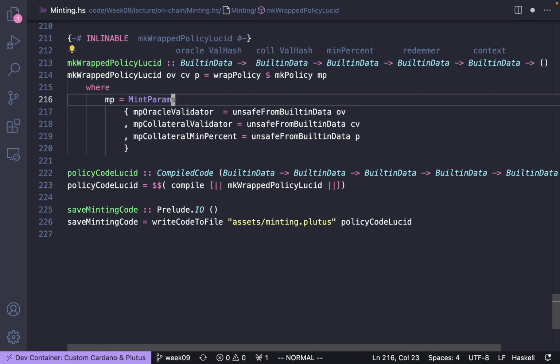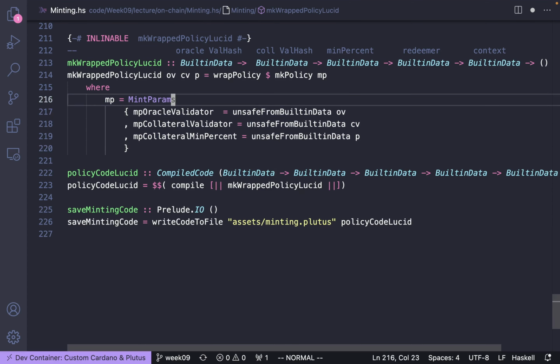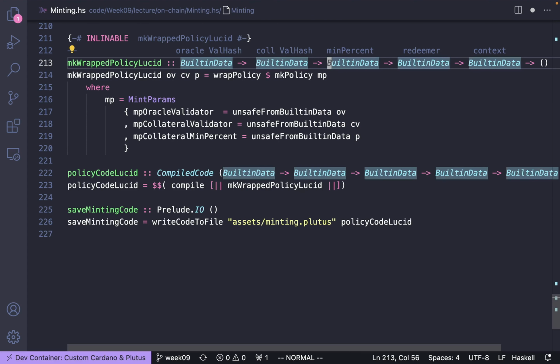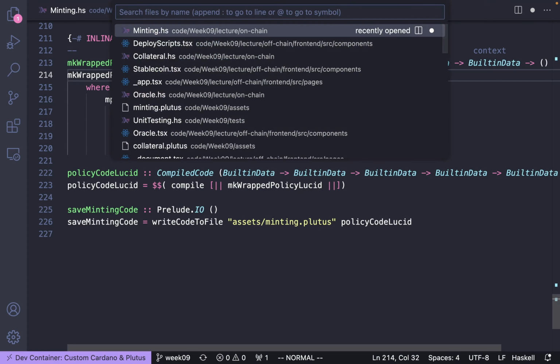As you can see, we built the mint params value with the three parameters we passed to these functions: the oracle validator hash, the collateral validator hash, and the min percent. These three values are the ones that we have to provide to get our final minting policy. If we go back to the deploy script React component,